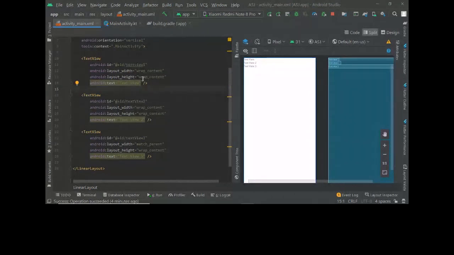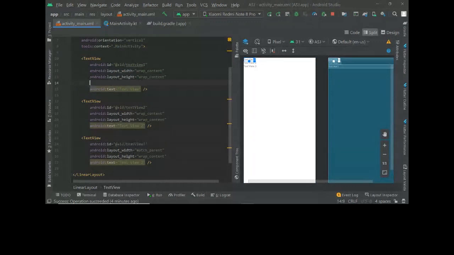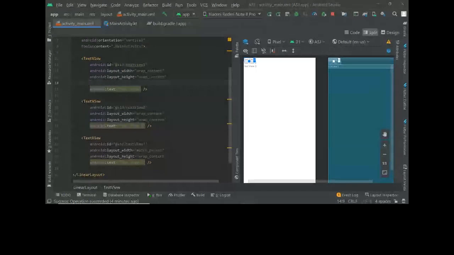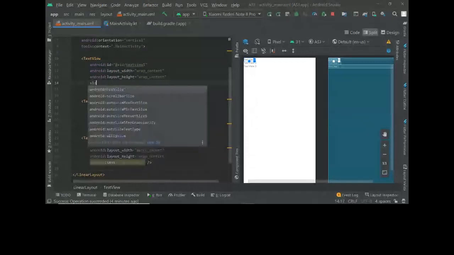Now, what you can do is format these text views however you want. Let's say you want to increase the size.